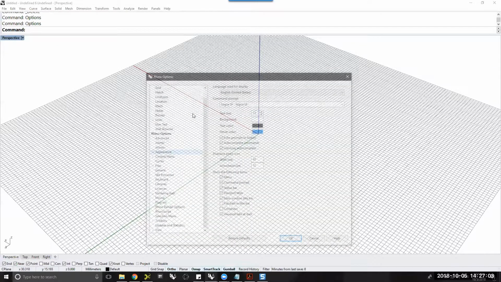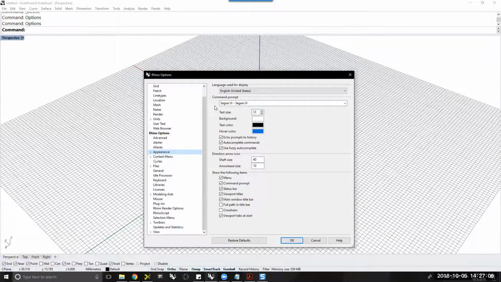And I'm going to go back to options. Notice how I didn't type it in again. I just hit the right click on the mouse and it repeats the last command. You can also do it with enter or the space bar. Okay, once again,